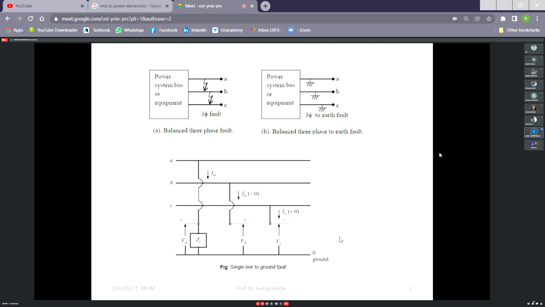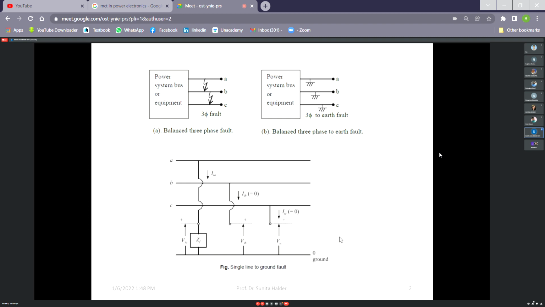I hope you have learned the cables. Then the insulation will go. The insulator becomes actually a conductor. So that is the open conductor fault or high voltage fault that I shall not discuss here, or that may be due to lightning also. That will be discussed, I think, in high voltage engineering. So here I shall mostly concentrate on the short circuit fault.